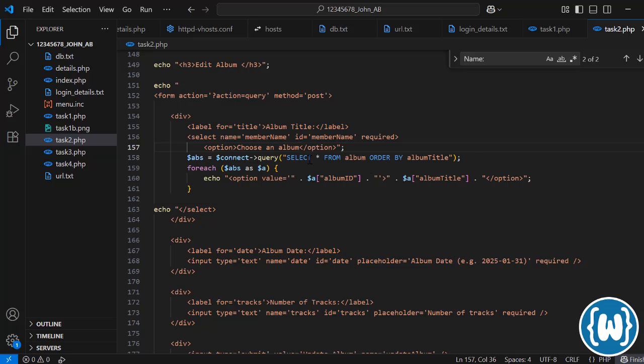So we are querying the database. We create a variable here, albums, connect query select star from album order by the album title. For each of the albums that we have on the database, we are adding an option into the select list. Option, the value, you have to open a single quote and then use a double quote to open and close the PHP block here. We specify the album ID in the value field and then the title in the text field,